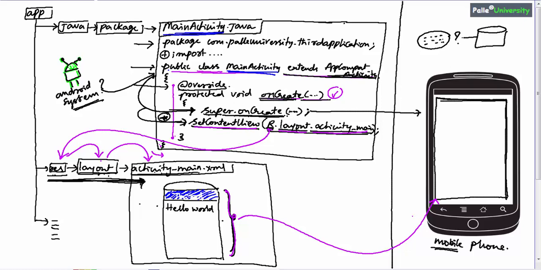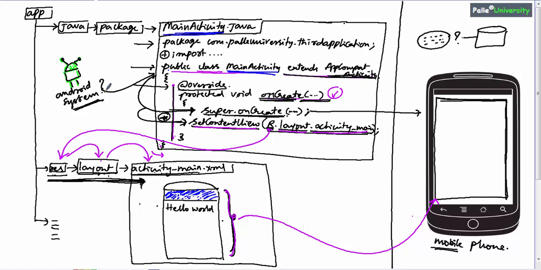Here I want to make a few important notes. onCreate is the entry point of every activity. onCreate can also be called the first lifecycle method of an activity. And the last important point is, the programmer should simply write this method. Who will call this method? It will be automatically called by the Android system.